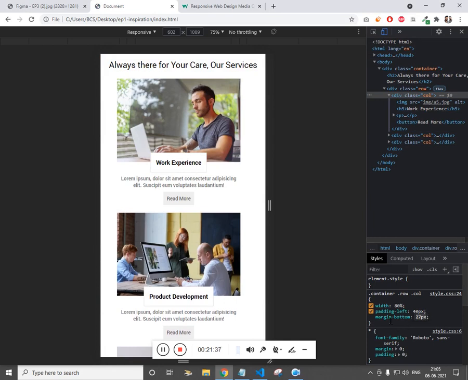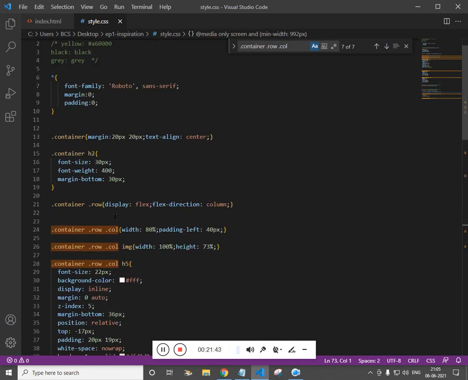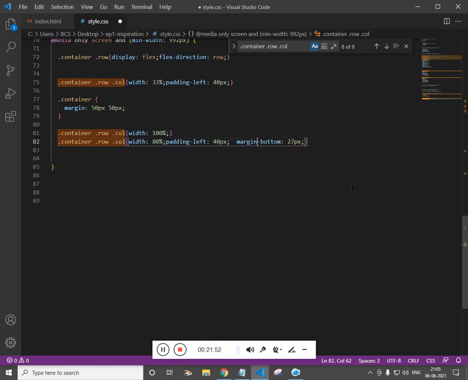Cool. So we'll add this to the column. Here it is, and we have to remove this on the desktop. We have to give margin bottom 0. So we have already used it at the top in the previous line.